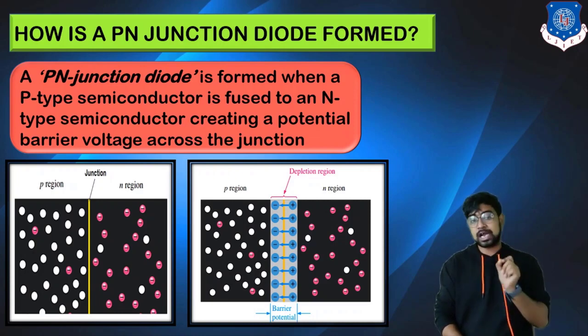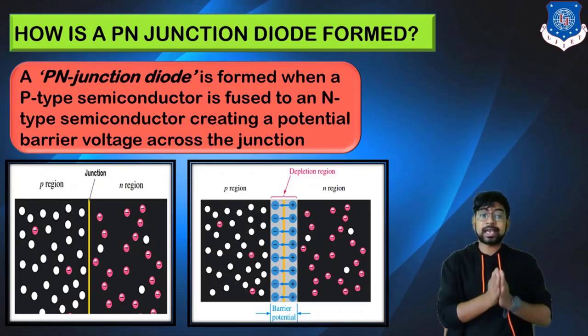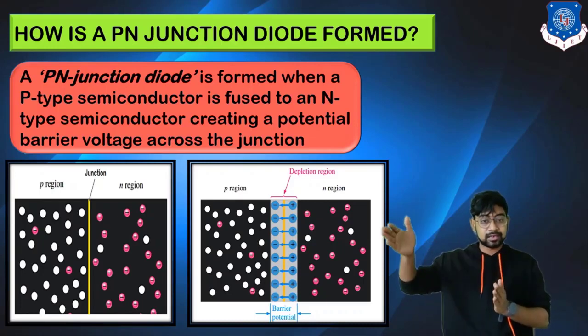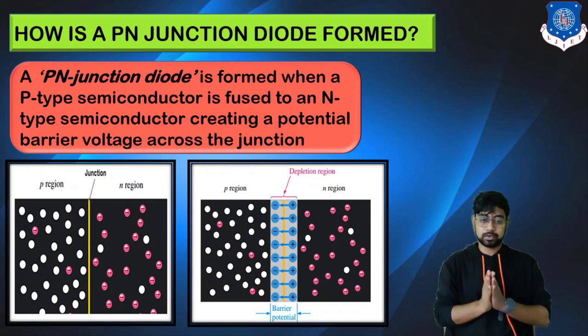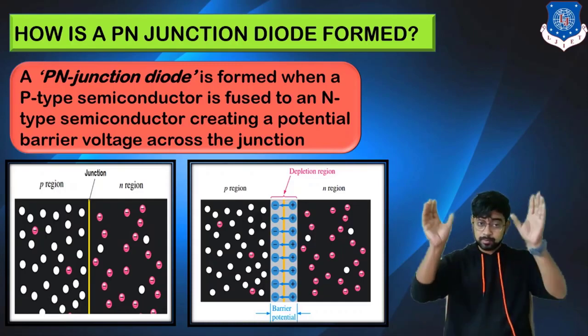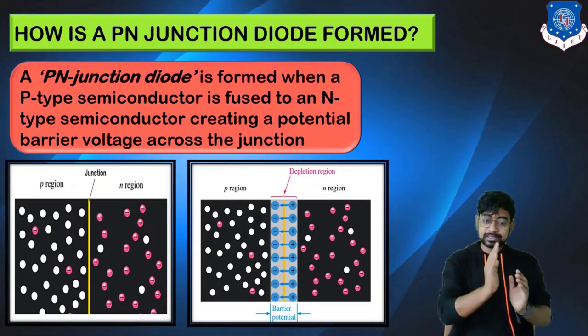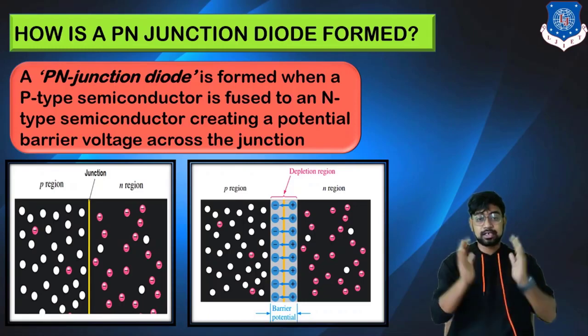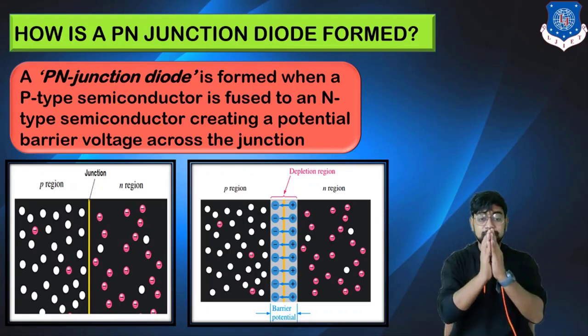Now the question is how that particular junction is created. We have already studied in carrier transport that there is a diffusion process. And we know what the diffusion process is: it goes from the higher density to the lower density. Now, what is happening? In the n region we have the majority of electrons, in the p region the majority of holes. Both are highly dense, and on the other side they are comparatively less dense. So when they are fused together, what happens?